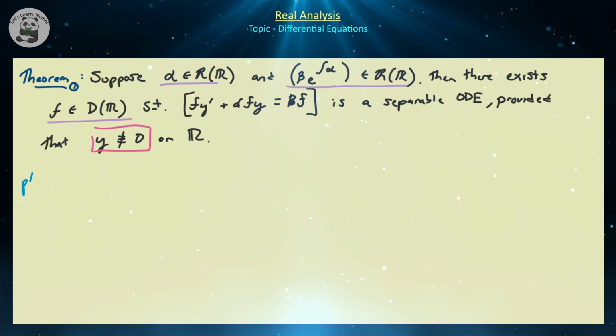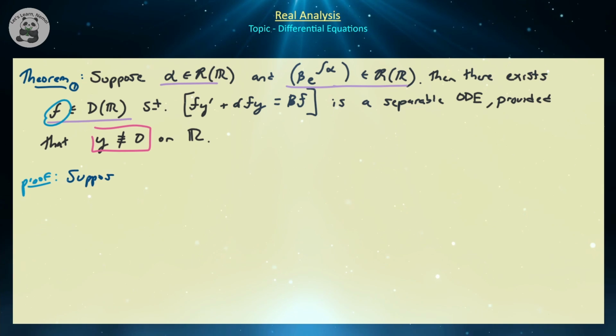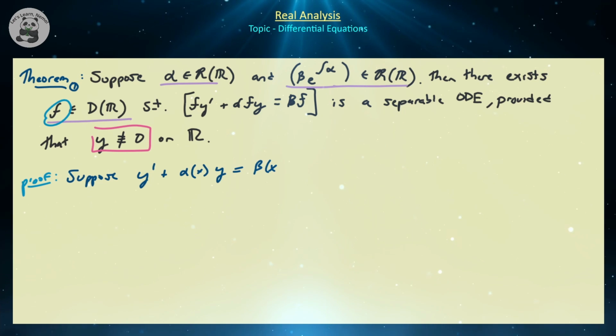So let's see if we can go ahead and prove the existence, not necessarily uniqueness, but it is unique up to scalars, of an integrating factor. That's what this f is called. So what are we going to do? So let's suppose that we have our differential equation y' + alpha(x)y = beta(x). So this is our first order linear, potentially inhomogeneous differential equation. And let's suppose that f is a function